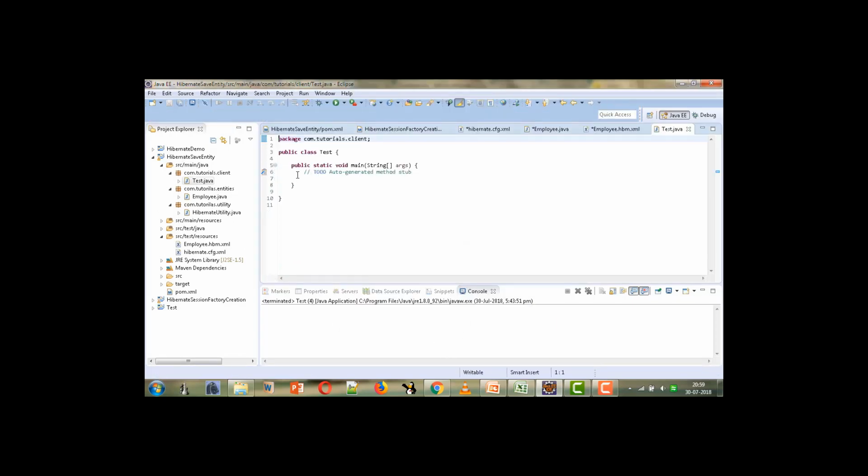Now here we have to put the code to first get the session, and then we can begin the transaction using the session object, and then we can save the employee object. So for that we are going to write a method which will return the employee object, and we are going to write that method as static, and then the return type of this method has to be Employee.